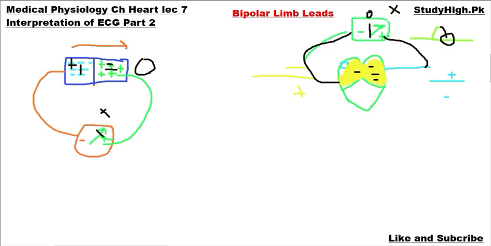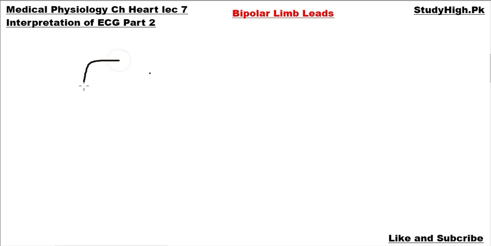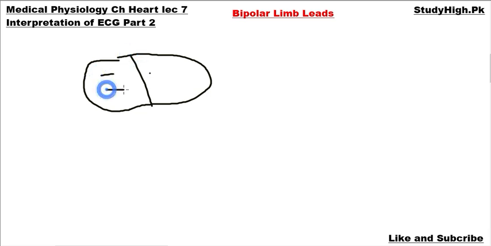Second thing, a vector is drawn from the negative to the positive side in our heart system. If we have two regions, with negative charges on this side and positive charges on this side, there will be a vector that can be used to represent electric potential. Its tail represents the negative area and its apex, or arrow, shows the positive area. Now, different types of vector rules.